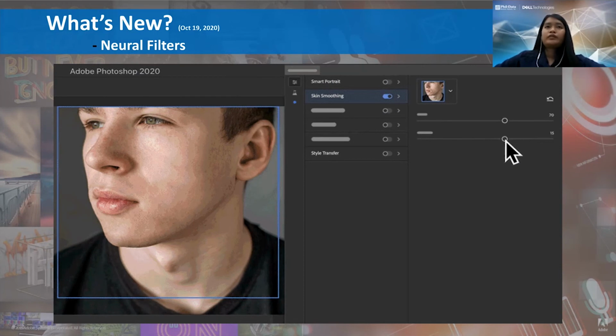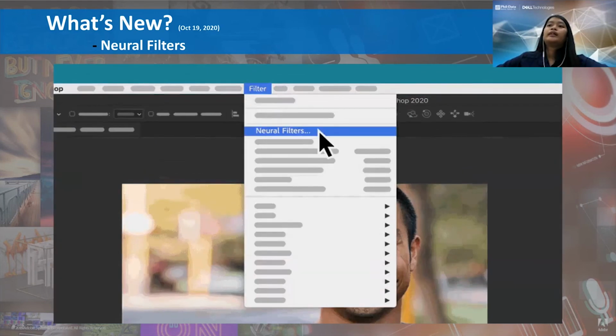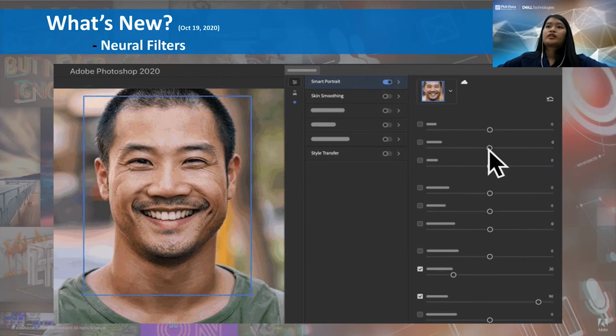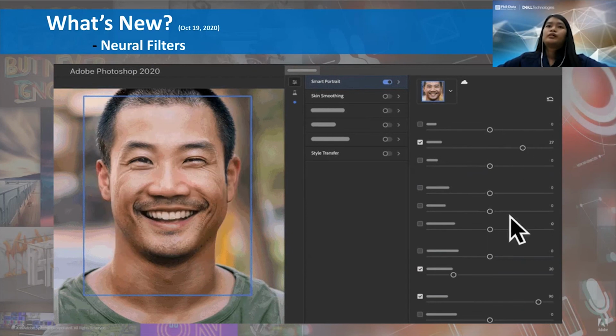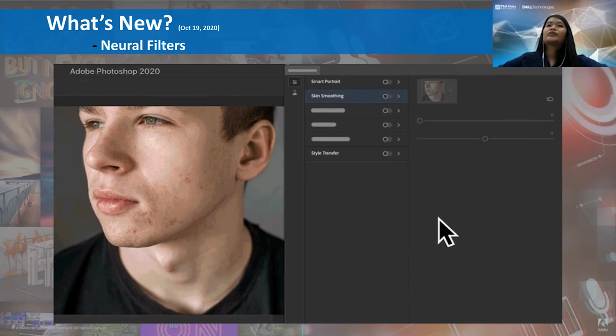Also, Neural Filters is a new workspace in Adobe Photoshop wherein there is an entire library of filters that you can use. We have skin smoothing, and we can colorize black and white or old photos, and later I will give a demo for this one. You can change the facial expression of the person, or even give them a big smile, or whatever you want to edit with it.